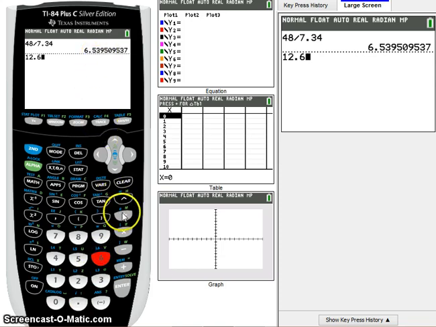Rather than, so I'll hit the division sign, rather than typing in that long number, all we have to do is hit the second button and then down here to answer. So we go second answer, which calls back the answer from the previous problem and brings it into this one, and then we hit enter and we get our answer. All right, so